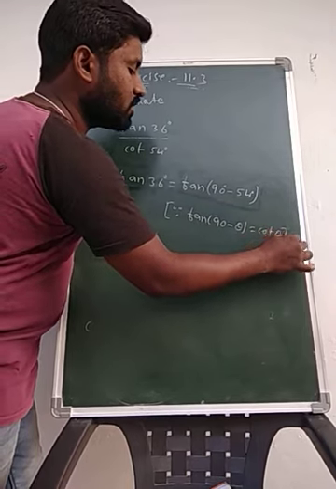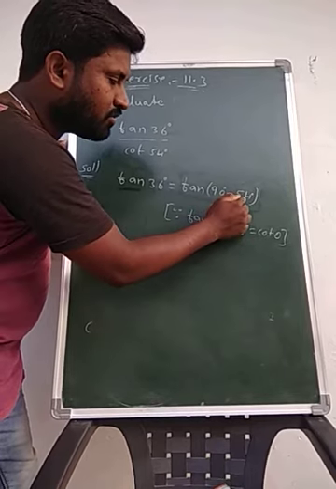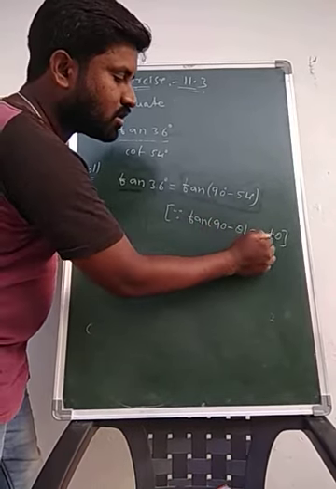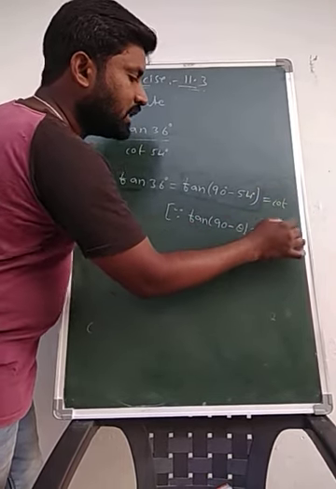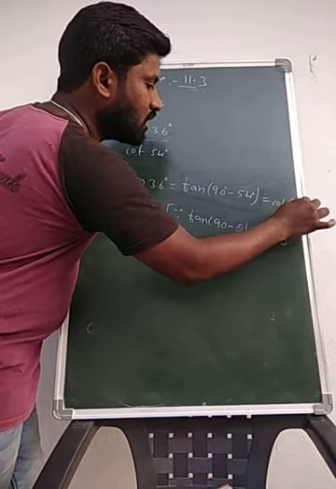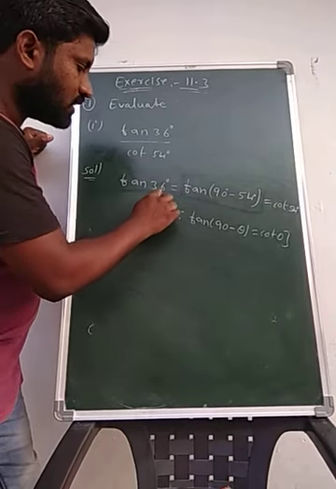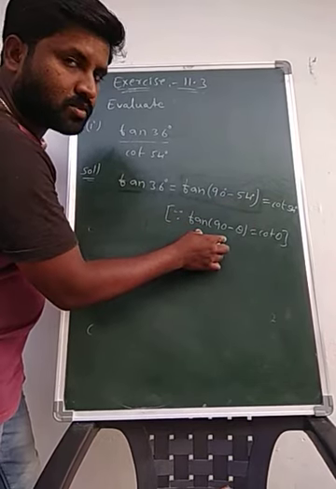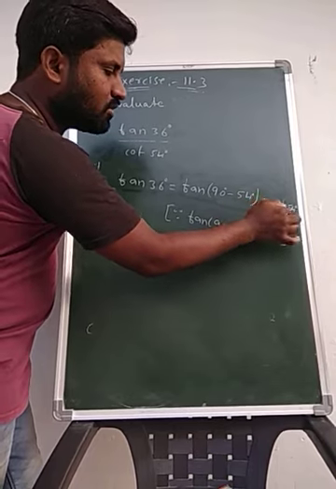That is cot theta. Tan 90 minus theta, here I take 54 as theta. So tan 90 minus theta is equals to cot theta. So then we can write it as cot theta, and here theta is 54. So that's why we can write it as cot 54 degrees. Tan 36 degrees I wrote as tan 90 minus 54. So based on this, tan 90 minus theta is cot theta, and that's why I wrote cot 54.